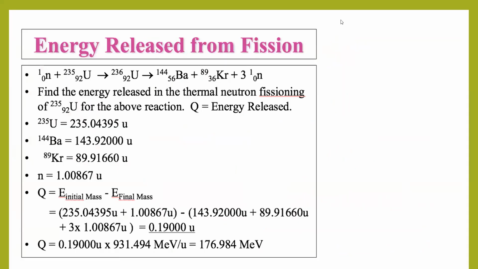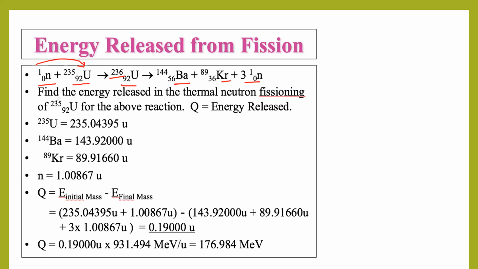Now, energy released in nuclear fission reaction. So this is the example to understand the energy released from fission reactions. So suppose this is a neutron, this is uranium, and the neutron bombards the uranium. First, this uranium is converted into uranium-236. Then it gives two small nuclei like barium and krypton, and three neutrons are released. So this is the simple expression of